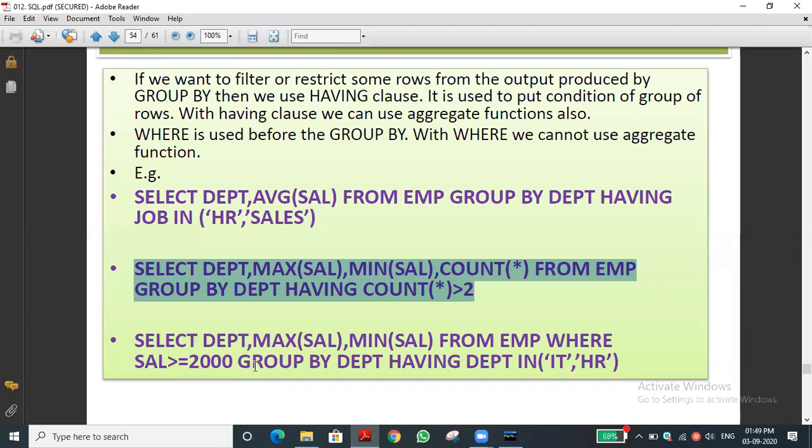So it will display the department, maximum and minimum salary from EMP, whose salary is greater than or equal to 2,000 and who work in the IT and HR departments. Their salaries alone, it will find the maximum and minimum.